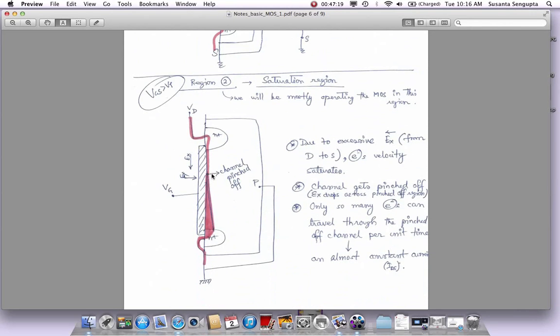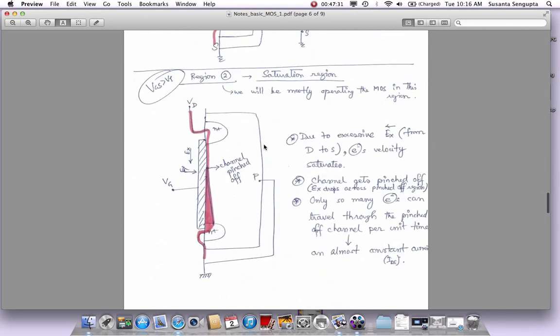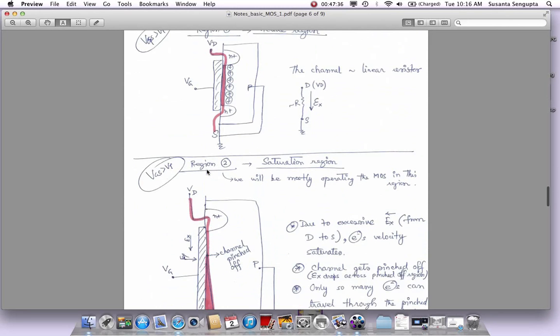What happens is, as we are increasing the voltage, when the voltage increases beyond this point, and again this is a superficial point, there's a range of voltages around here. When the voltage becomes more than this, your electric field becomes higher, right? So you have this voltage VDS, and that is related to this electric field based on what the length is. So if the length is some L,